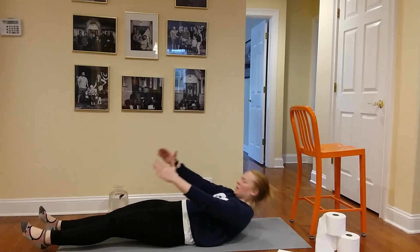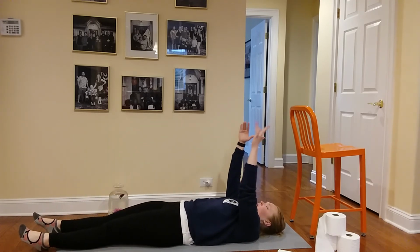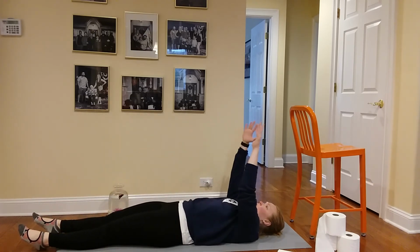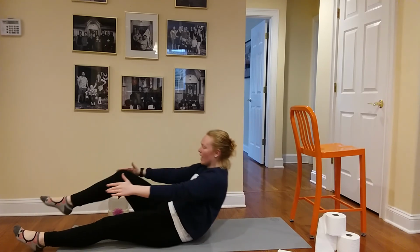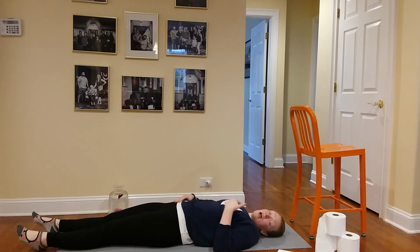And last one. Feeling those obliques turning on. And we have 3 on the other side. Bring it up, and lower down. 2 more, bring it up. And lower down. Last one, bring it up. And lower down. Now you know what's coming here, so you can start, and that's what I'm going to do,